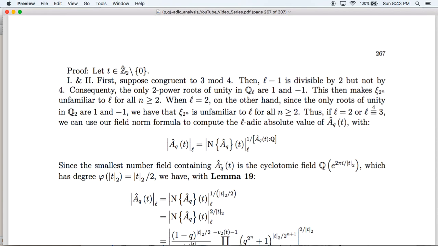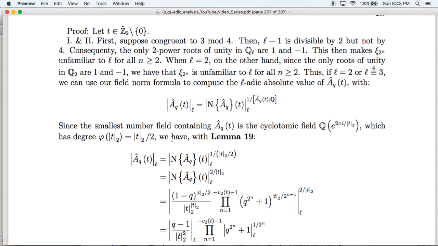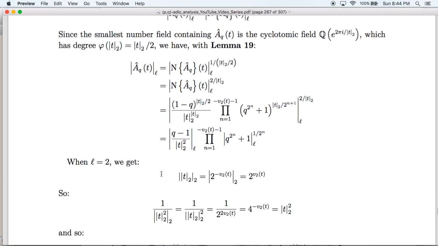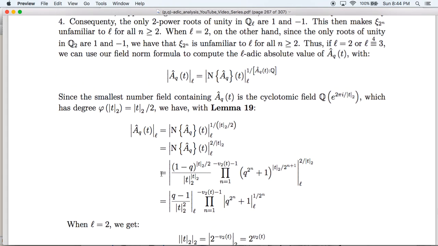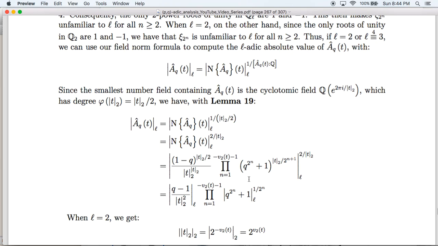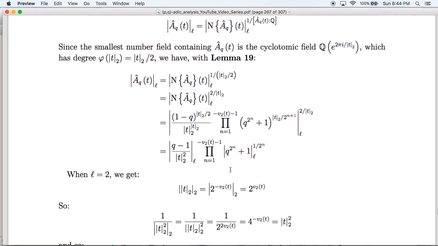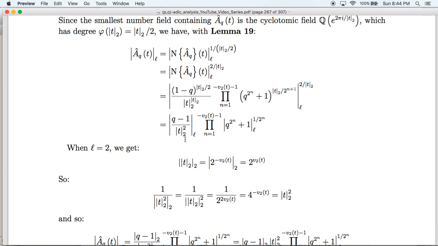The smallest number field containing A_Q-hat(t) is our t-th cyclotomic field, which has degree t_2 over 2. With our lemma, we then plug this in, and so it's 2 over t_2, and that's the exponent, and then here's the field norm, and when we do it, all this stuff cancels out. And so this is going to be the case when L is congruent to 3 mod 4, we're done. On the other hand, if L is equal to 2, then